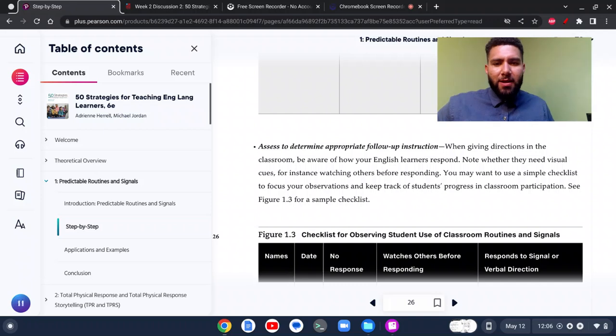For the most part, when I give instructions on even a new lesson, I take care to look ahead and see, okay, what words would I have to define first before I say it in English? Because again, our English learners do not know some of the academic language that you'll be using when you're explaining a lesson. So go over those first ahead of time, so that you can answer those questions preemptively before actually teaching the lesson, and then you get the question of what does that word